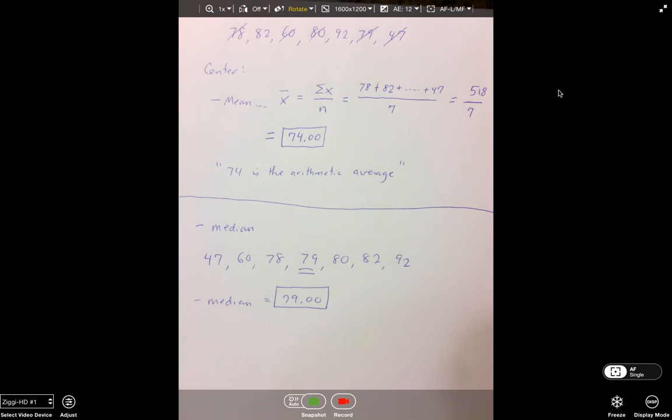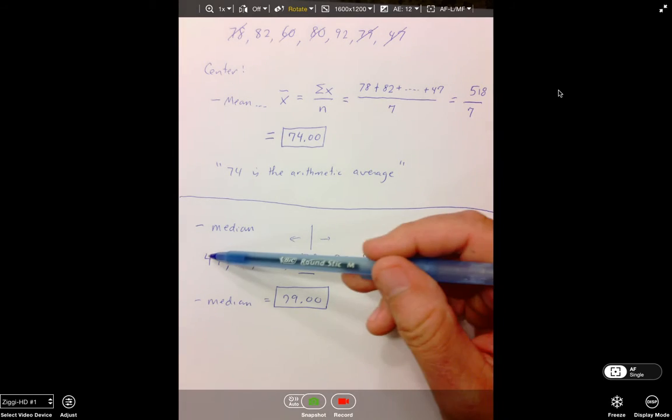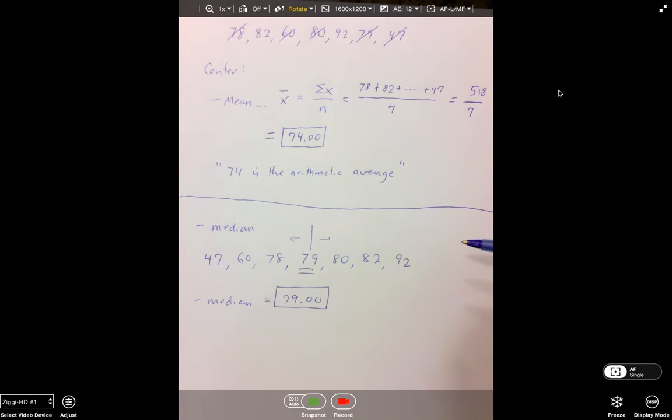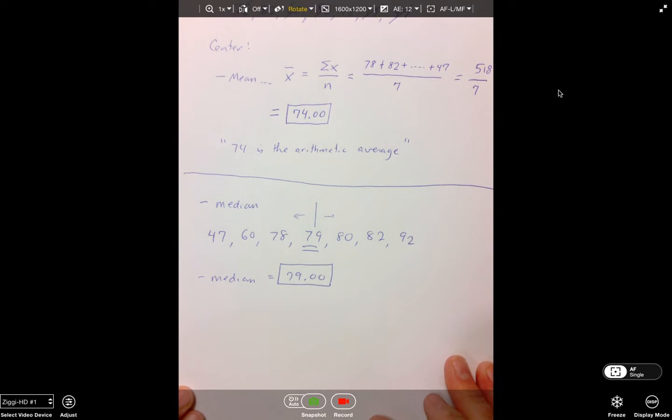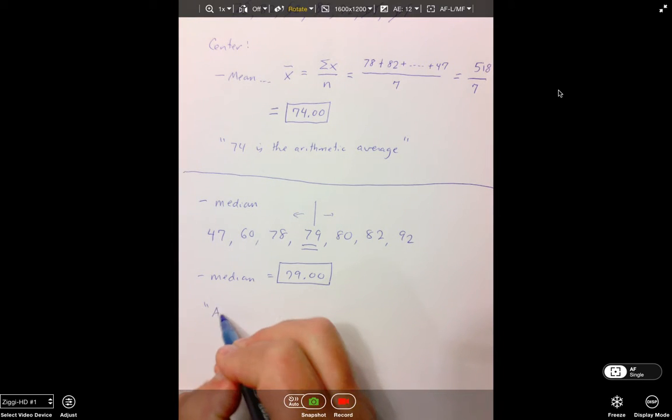Now, here in about 4 or 5 weeks, we'll get into something called a percentile. But when we interpret measures of location, and that's exactly what this is, the location of the center of our data, it splits our data into 2 equal parts. It's equivalent to say that approximately half of our data is above 79 as it is to say half our data is below. But when we make interpretations, we usually speak in terms of location as the percentage of scores below. So what I would say here in describing the median is I would say approximately